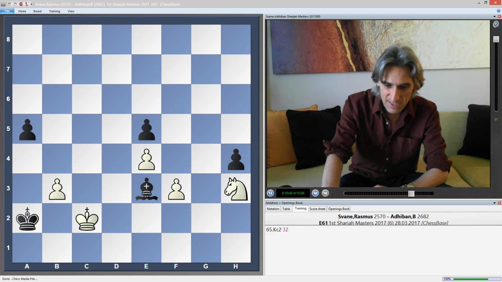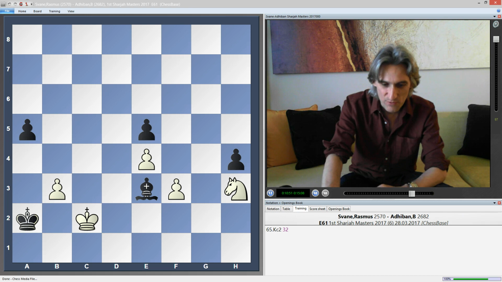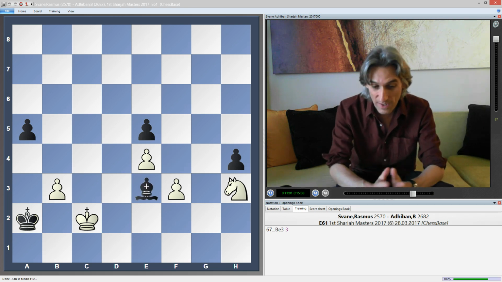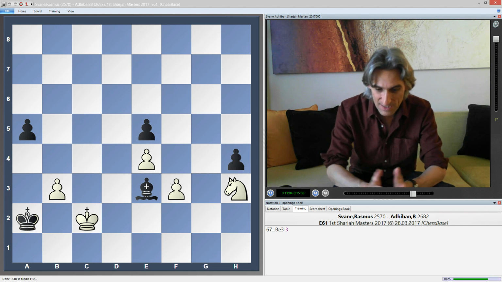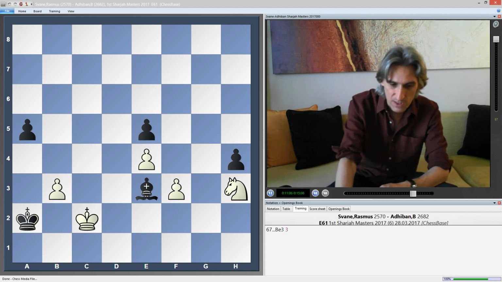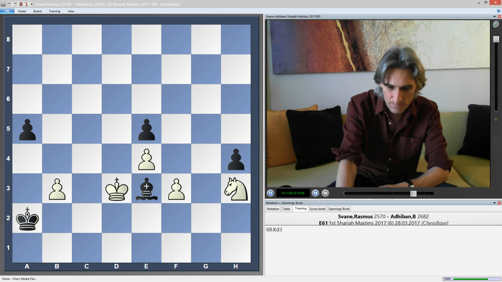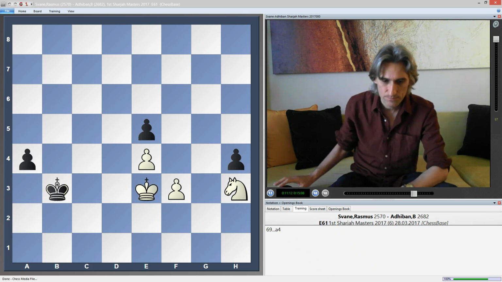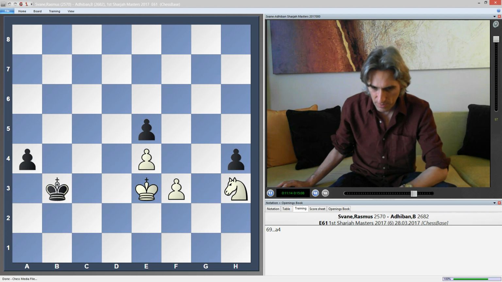So black needs this position with white to move. At the moment it's black to move, and you can do that by shuffling with the bishop. And white has no alternative here, and bishop e3. So there we are. Same position, but this time it's white to move. So white has to give ground. Now if the king goes to d3, then we just take, and the a-pawn goes through. Obviously the knight is tied up,